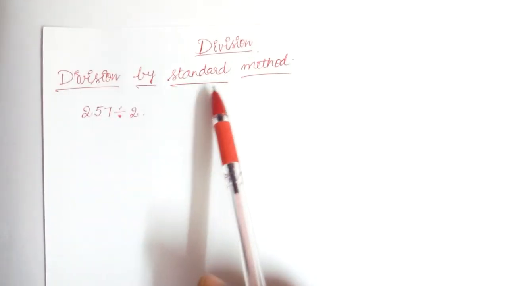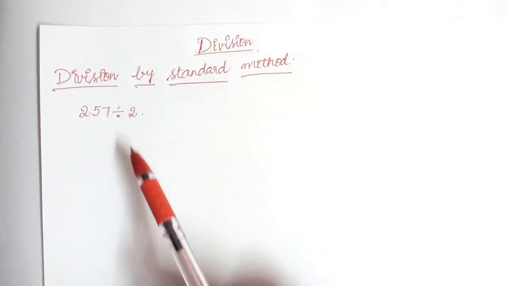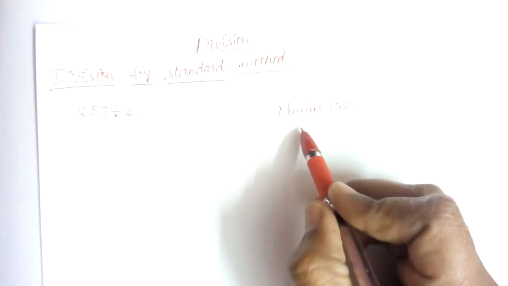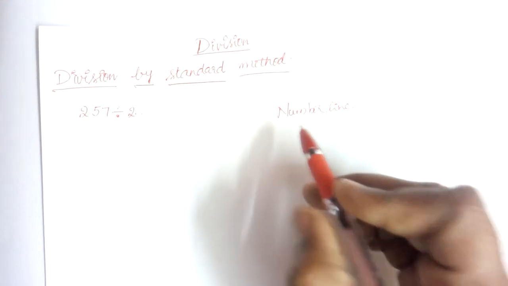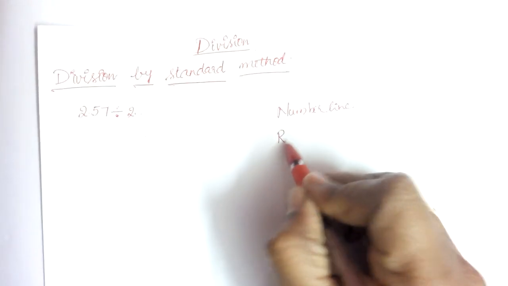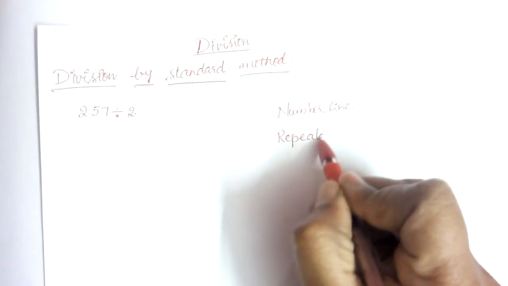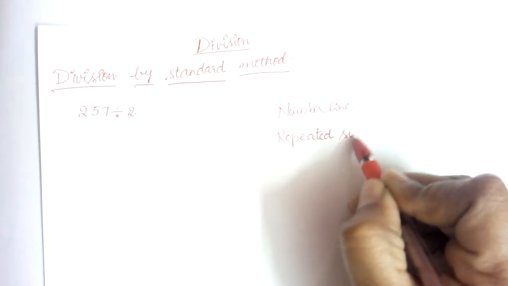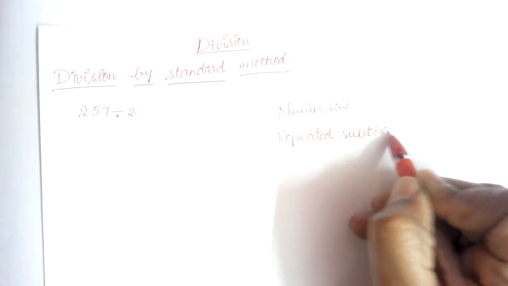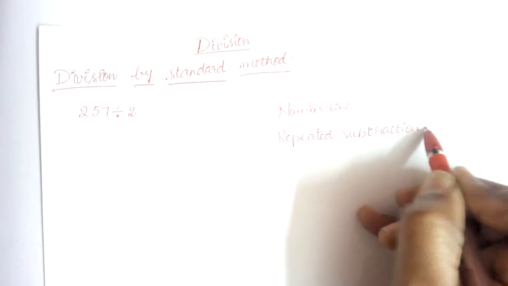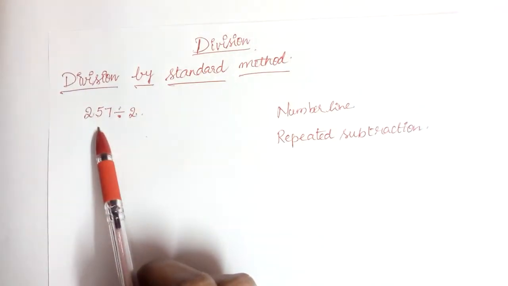Okay, in our last video we have seen division using number line, right? And the other method was repeated subtraction, right? So I have an example here,